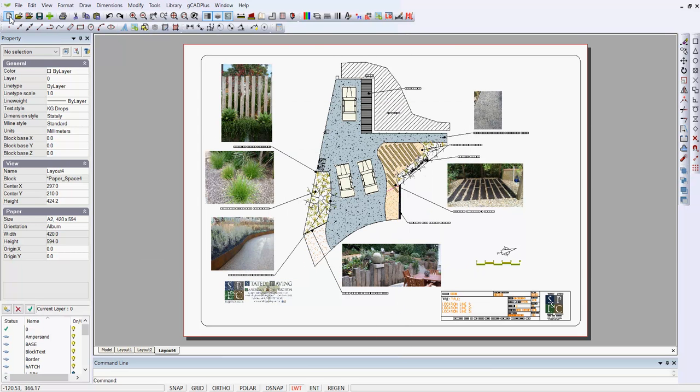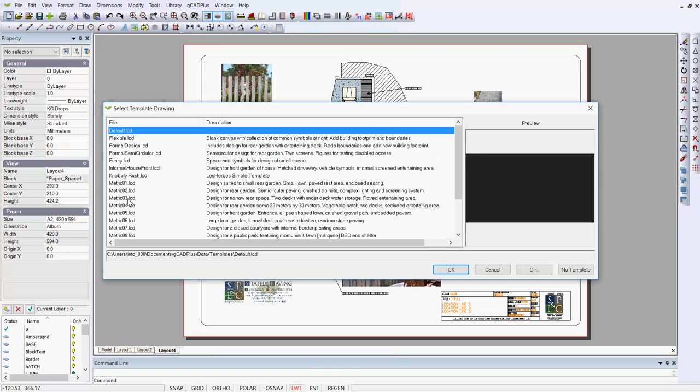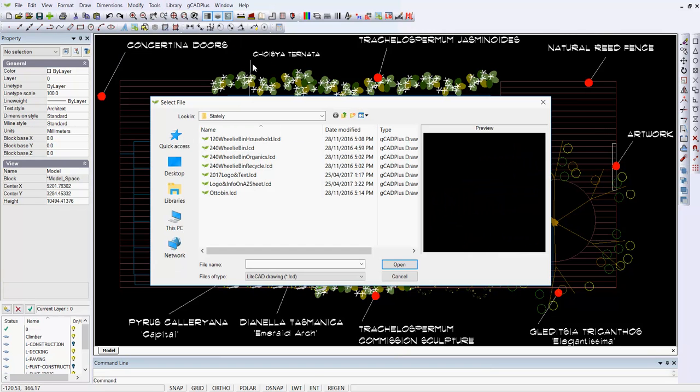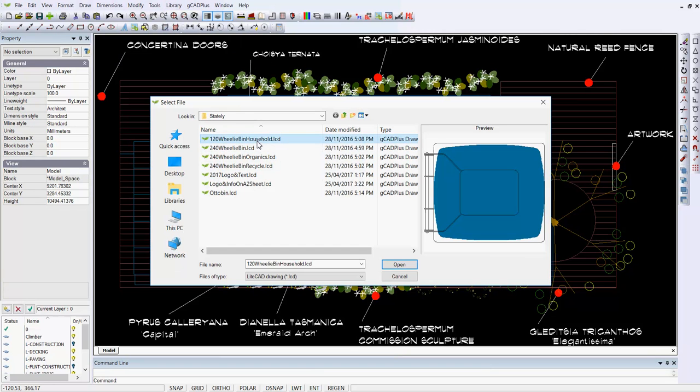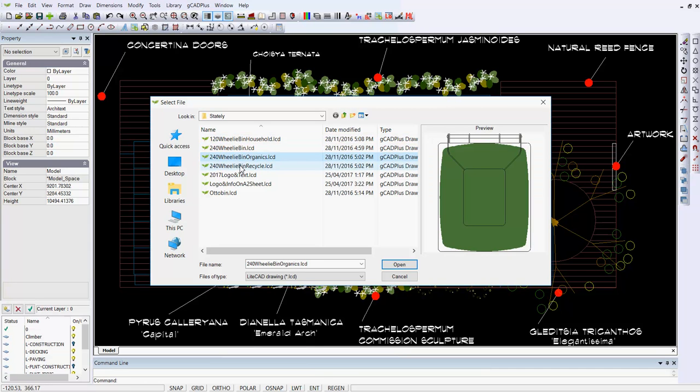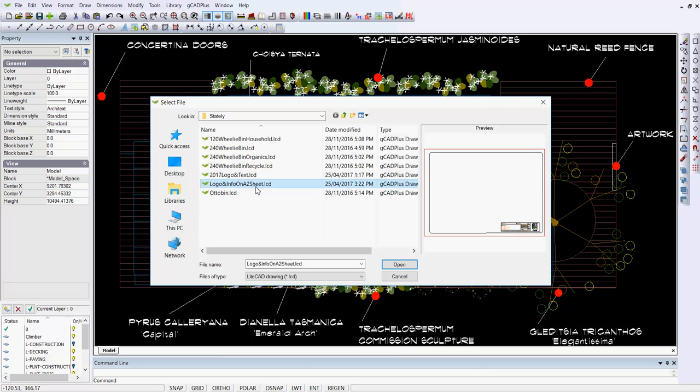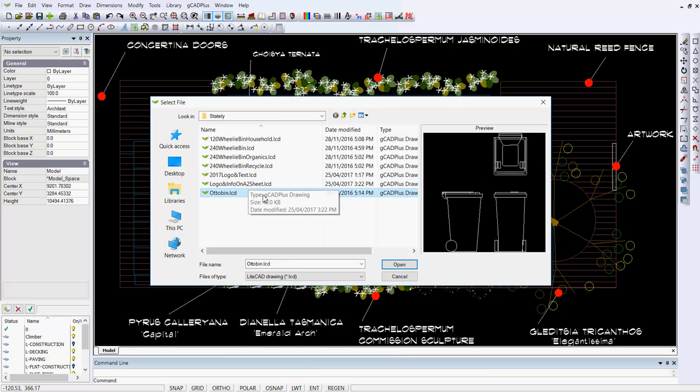So let's just start a brand new drawing. We'll load one of the templates and we'll say, let's imagine that I wanted to use one of those symbols. It would be library, plants, MySymbols, and there we are. We're looking at a wheelie bin, organics recycled, the logo and text, logo, the sheet that we've just developed, and some profiles. I haven't put many in there for this particular company, but by way of illustration,